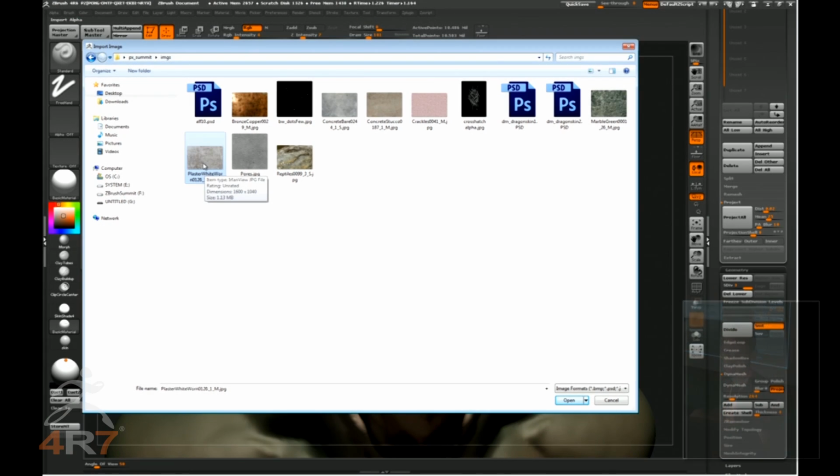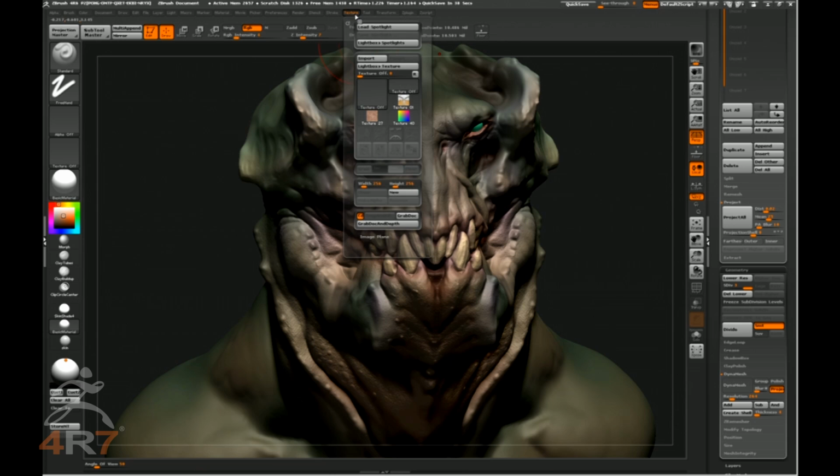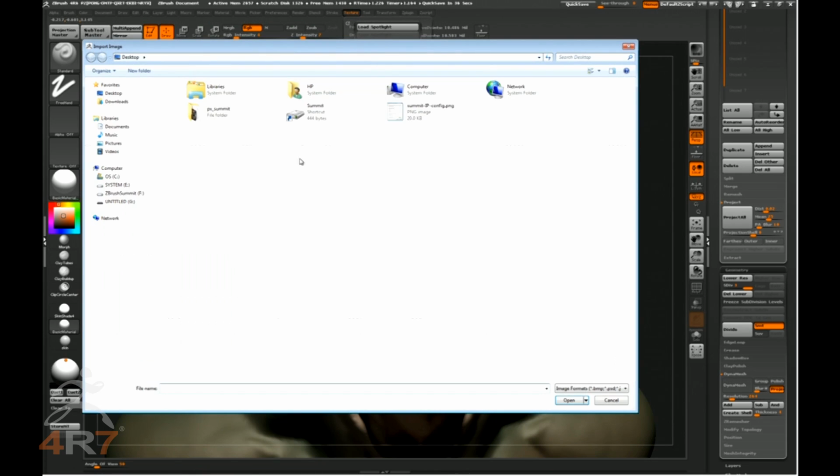Yeah, let me just say one thing. I'm just going to import some of the textures that I brought so we can start texturing that guy. I can import it as an alpha or as an actual texture. I'm just going to do texture mode right now. So if I import it right here,